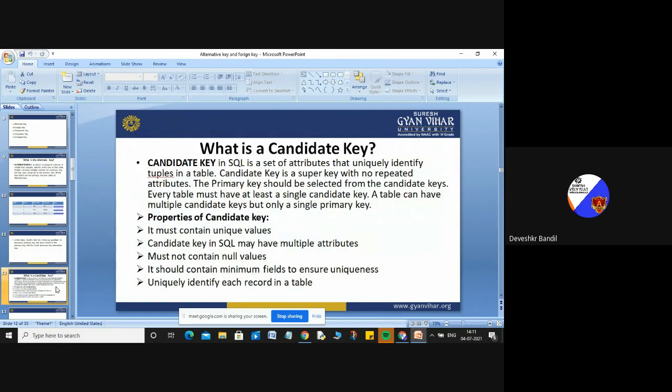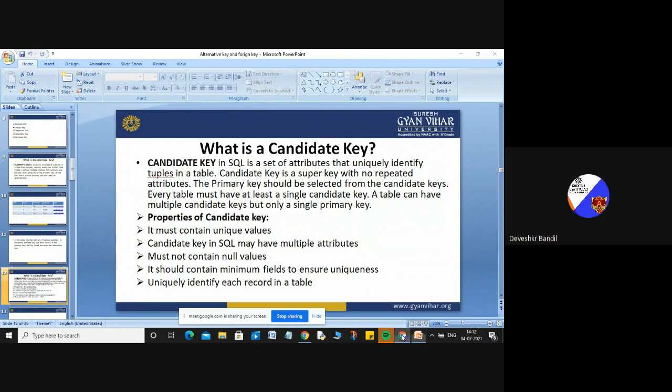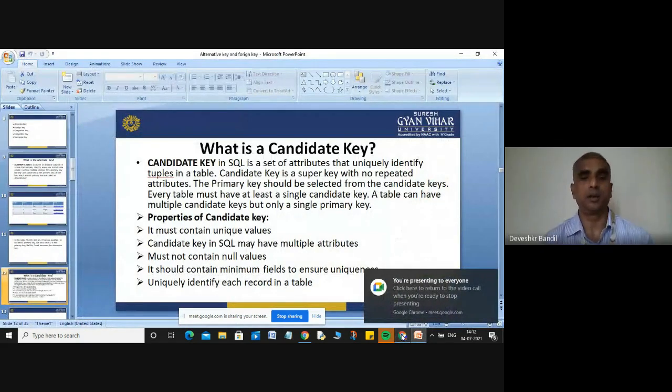I have told you about all types of keys, like the alternative key, the candidate key, the foreign key, and the composite key. And now I will discuss the candidate key. A candidate key in SQL, the standard structured query language, is a set of attributes that uniquely identify a tuple in a table.